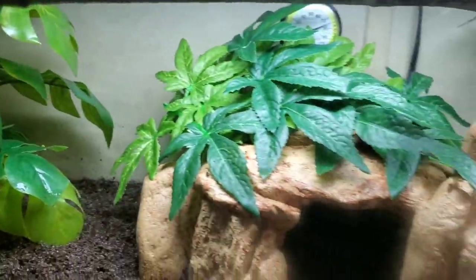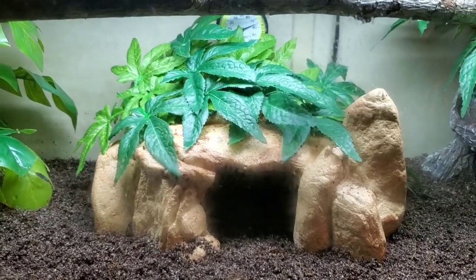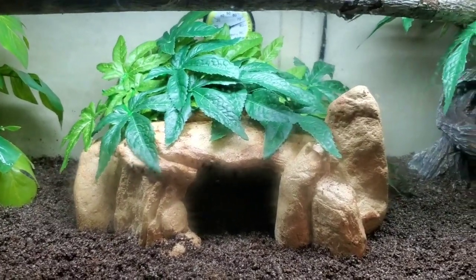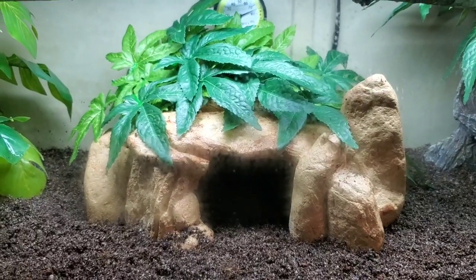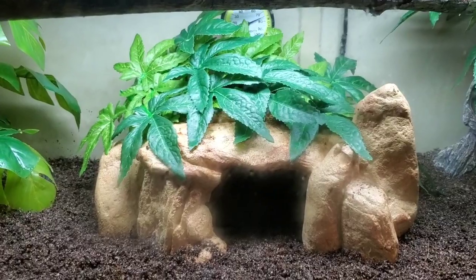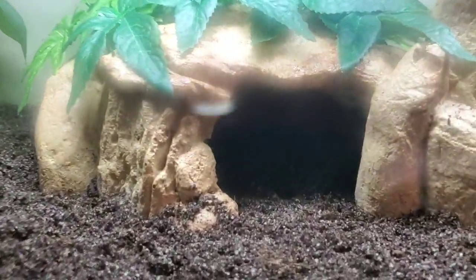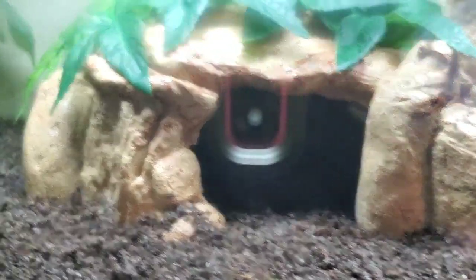Alright, moving on to the next thing in the middle, and I absolutely love this. This is a cave that I got from PetSmart, and I can't remember how much it was, but I absolutely love it. It's a great thing for the hermit crabs to climb on and actually go inside to hide. They absolutely love it in there. It's a huge hiding spot